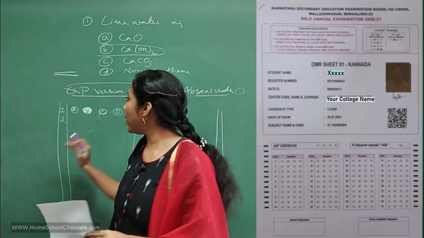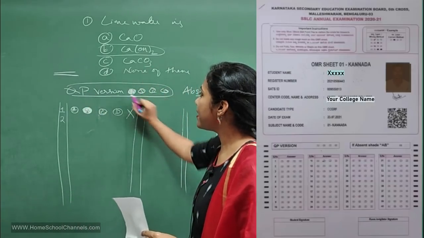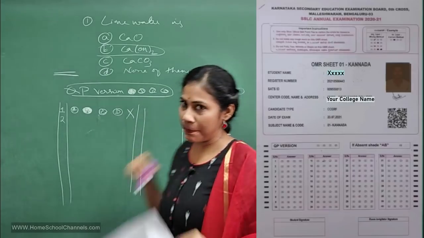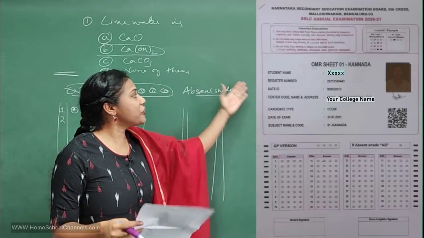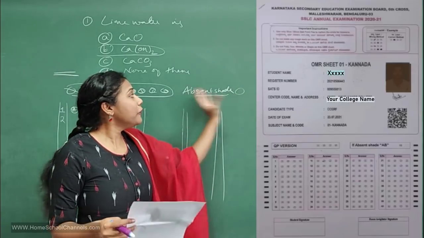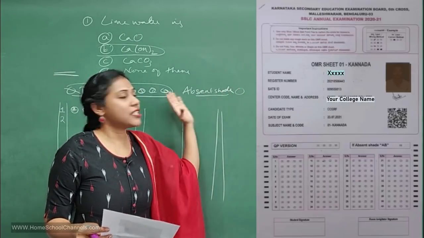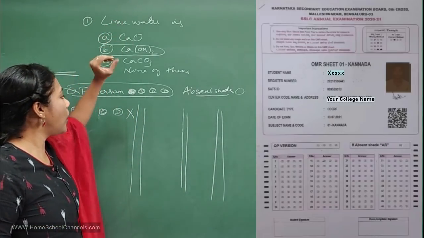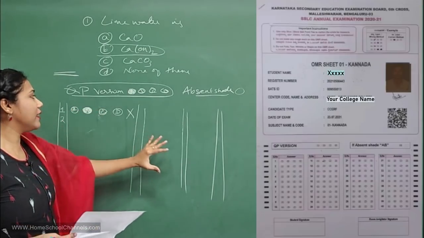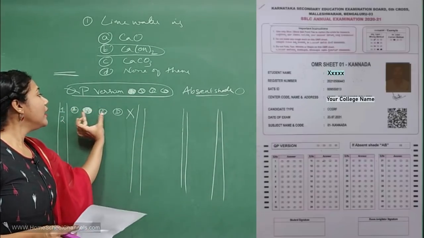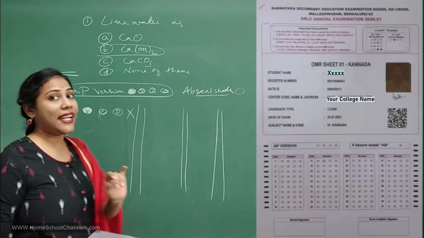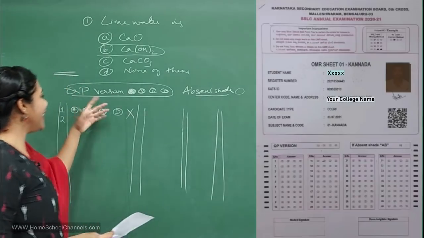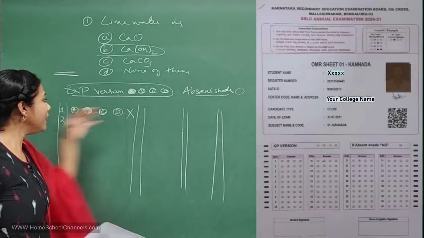Right? So first thing you have to do is question paper version, whichever the set you got, that particular circle you have to shade. In case you are absent for the exam, then the invigilator will shade the absent circle. Okay, if you are present, you're not supposed to touch this particular column. So after that, carefully read the question, select the option, and one by one go on circling, and never ever shade 2 circles together. If you shade that, your marks will get cut. Okay, and don't leave anything empty. Don't leave any question empty.